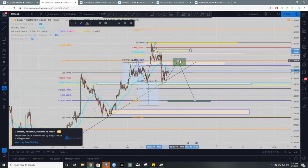So once we get to this area of interest, I'm going to be looking for my extra confirmations. If I do receive them, then I'll be looking to take a short trade here. My targets are going to be here as the first target. And now this is if we take this at the more aggressive entry. I'll show you guys a more conservative entry and conservative targets, okay? So that's the aggressive entry. Target 1 is going to be here. Target 2, I would actually make,